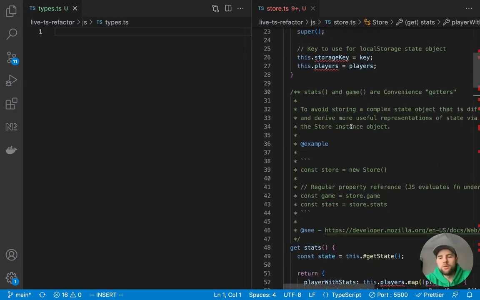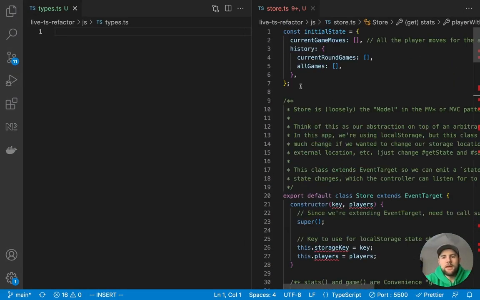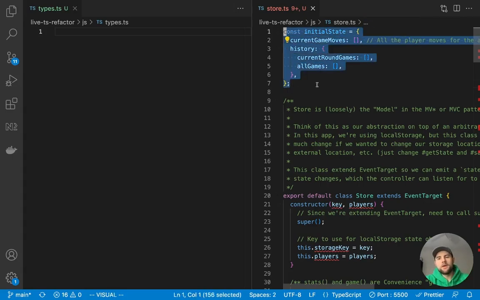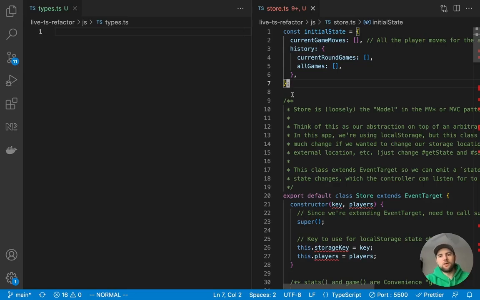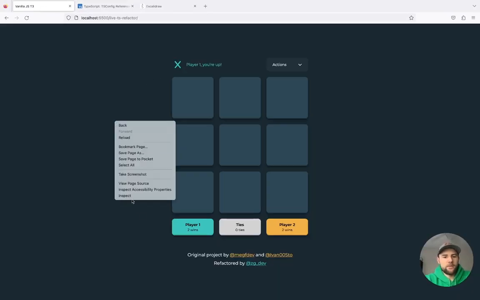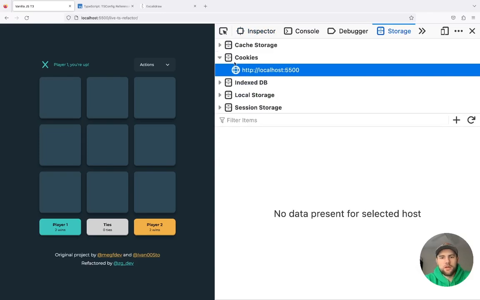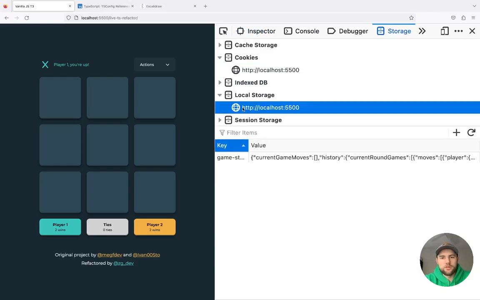So the first thing that we'll see as we're going through, aside from all the red squigglies, is this initial state. This is the shape of the object that we're storing in local storage, as you can see here. If we open up our app and inspect, and we go over to storage and local storage, you'll see that I've already played the game, and you can see this updates on every move.